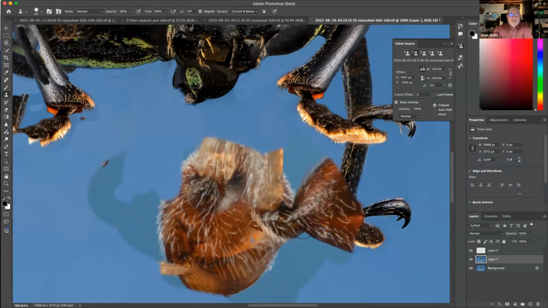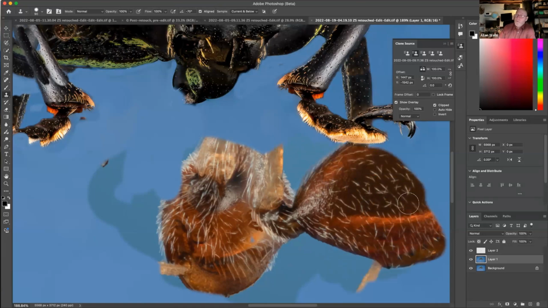Seldom do I need it, but when I do, it is one of the secret weapons of Photoshop, being able to clone stamp from another document into this one. Particularly useful if you're using images that were shot on the same platform with same lighting, and you need something from a source image that you should have retouched but didn't notice. So it's a great trick to have. That pretty much covers most of the way I would use it. There are other